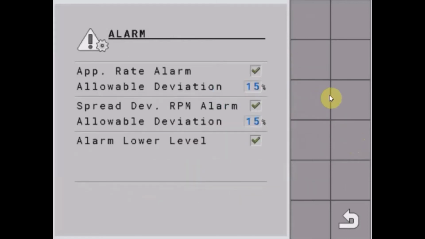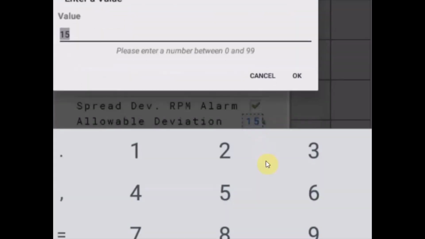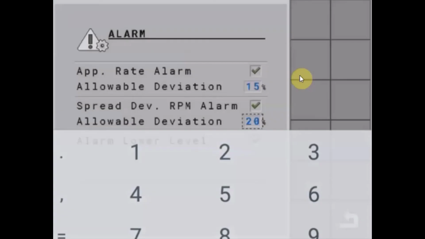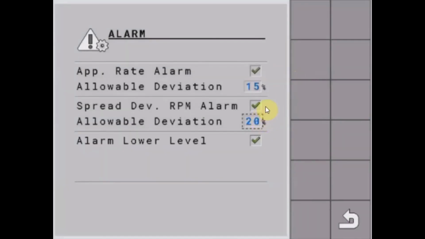Next one down is our alarms page. So our application rate alarm, I've got that selected there. I can set up an amount off that rate before it will alarm, currently set at 15%. Same thing with our spinner RPMs. I've got an alarm set there. If I want a greater amount away, so 20% away from that 700 RPM, before it'll alarm, I can adjust